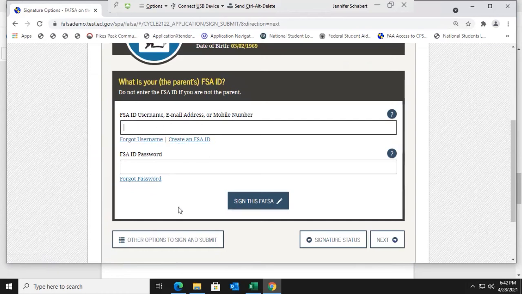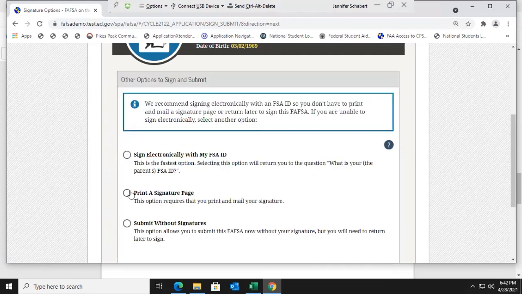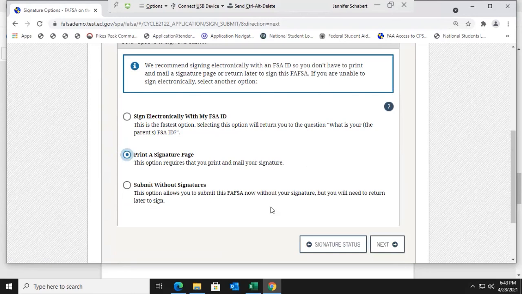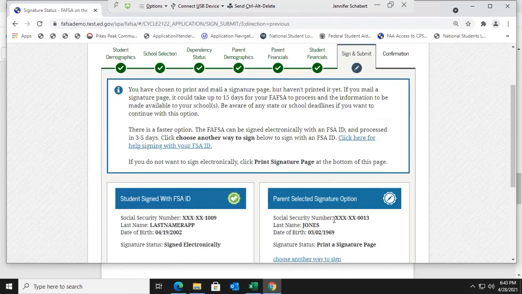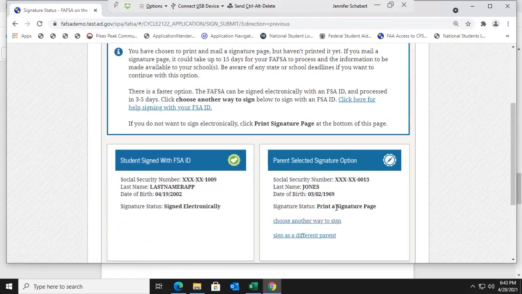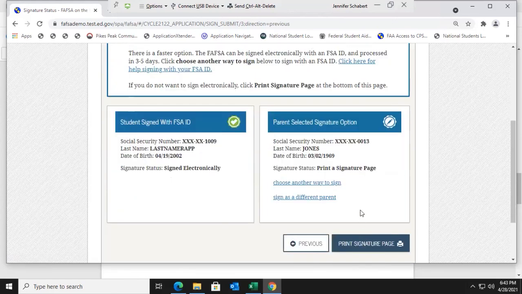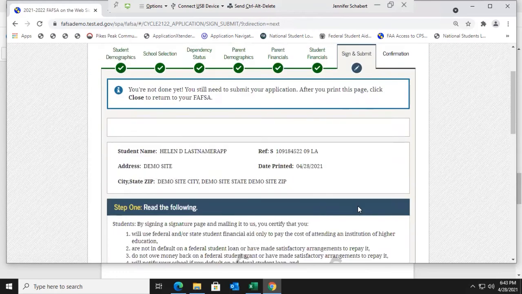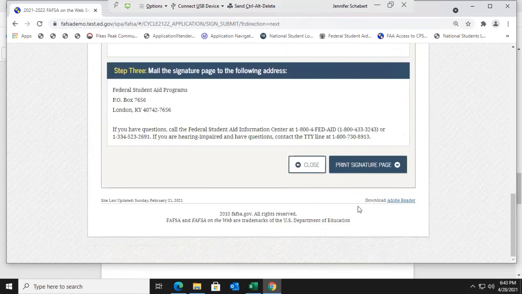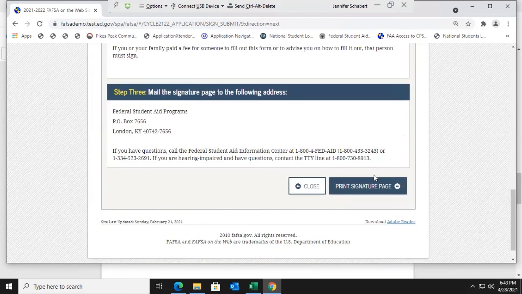If your parent does not have a social security number to be able to create an FSA ID, you can click Other Options to sign. You can click to print a paper signature page and say Next. It will want you to still do the FSA ID because that is a faster way to do it. However, if your parent does not have a social security number to be able to create an FSA ID, you will need to click Print Signature Page. This will provide a page that you can print